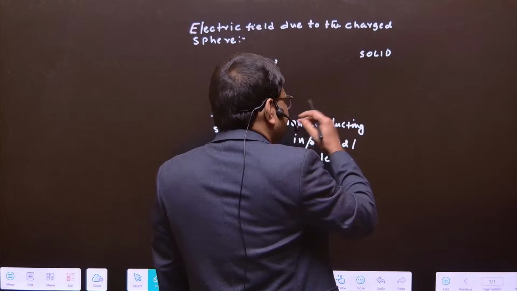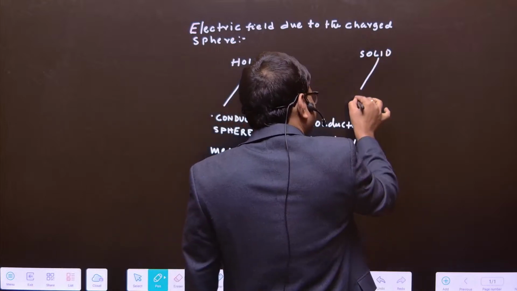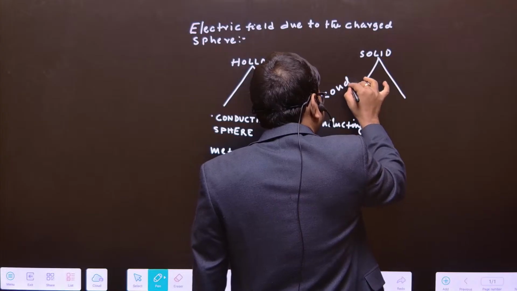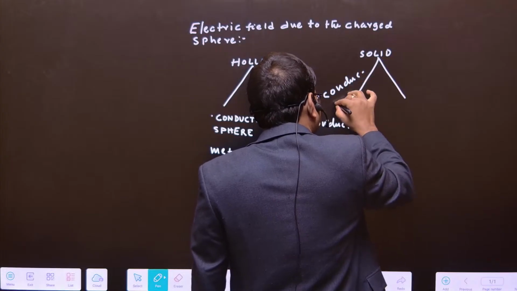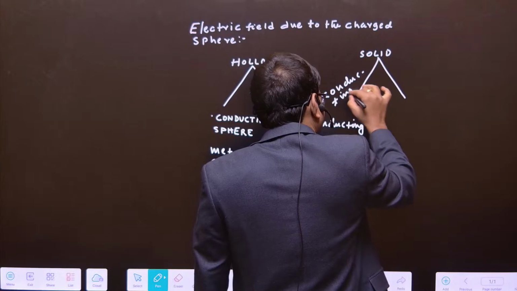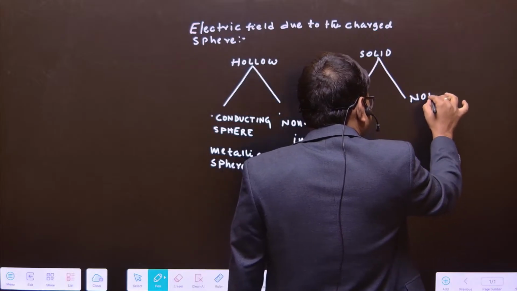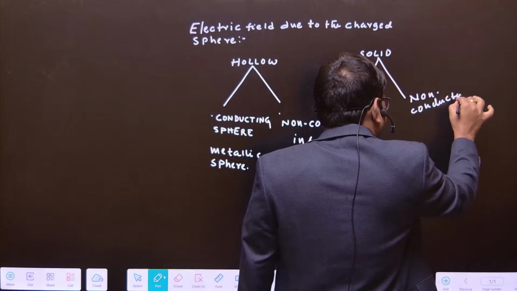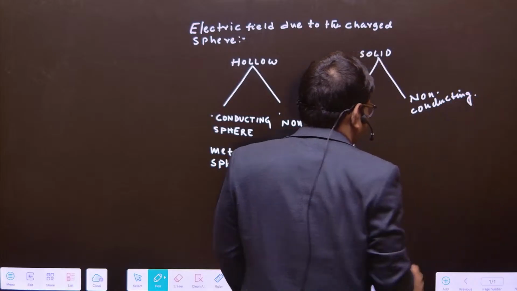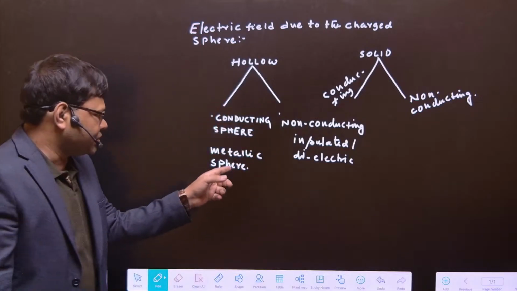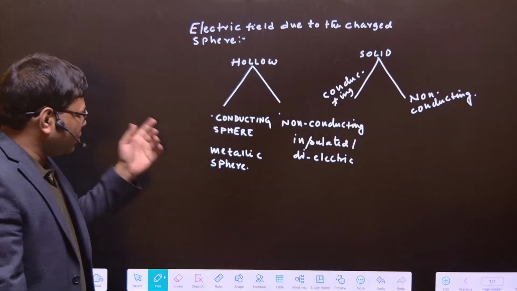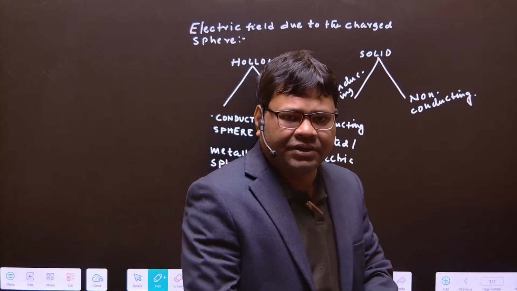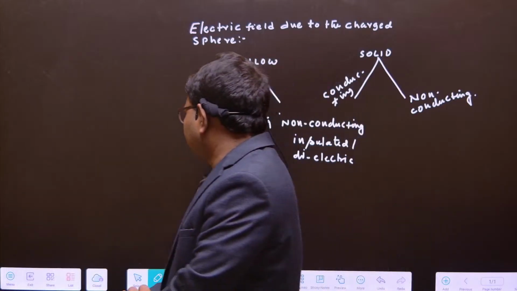And solid sphere also, there are two types. Number one, conducting, and non-conducting, same thing. ठीक है ना? So classification I have told. Hollow sphere and solid sphere, one by one, and all spheres are charged. One by one we will find the electric field intensity. So first see